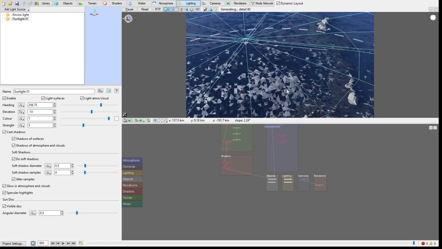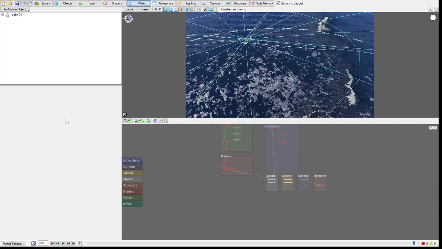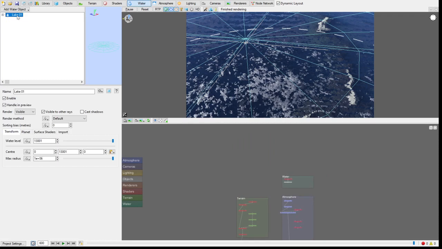I added a bit of clouds to give a sense of scale, and of course the water object is down here too. I ended up with a water level of nearly 13 kilometers, only to make it fit. And that's pretty much it.